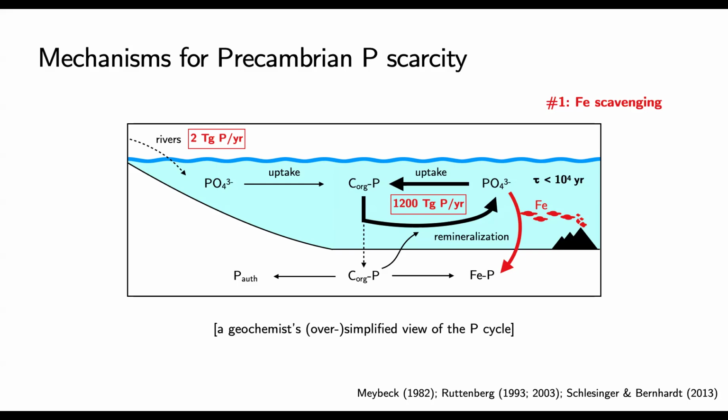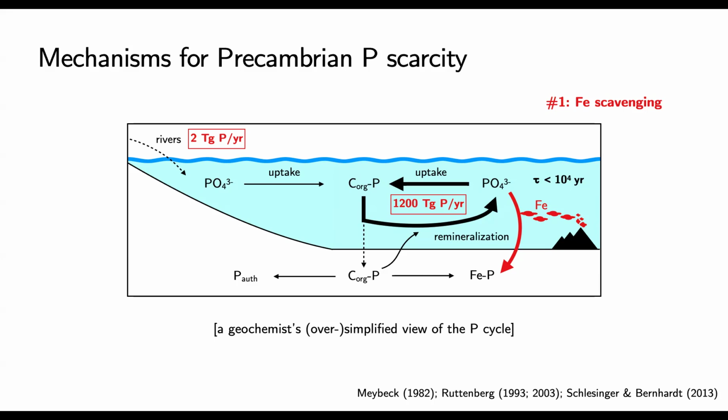And so presumably the scavenging of phosphate onto those iron minerals, whether they're iron oxides or even actually reduced or mixed valence iron minerals, can all, we have now seen, scavenge phosphate from solution. So regardless of primary mineralogy, we could expect some amount of that phosphate scavenging in a more iron-rich reducing ocean.